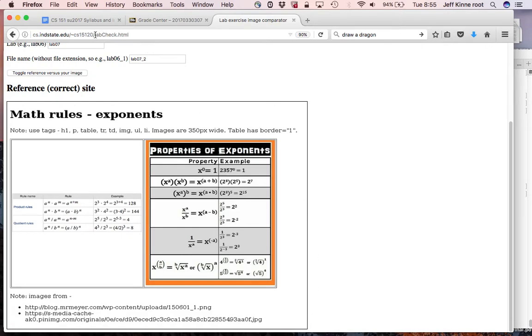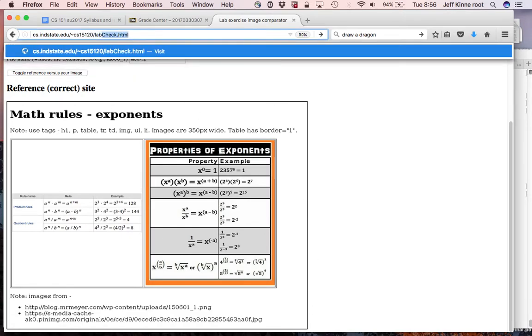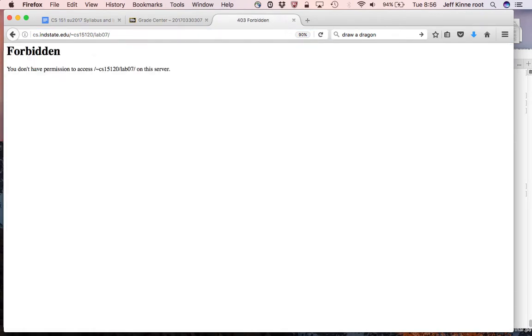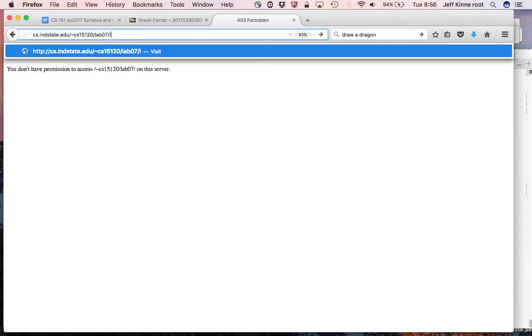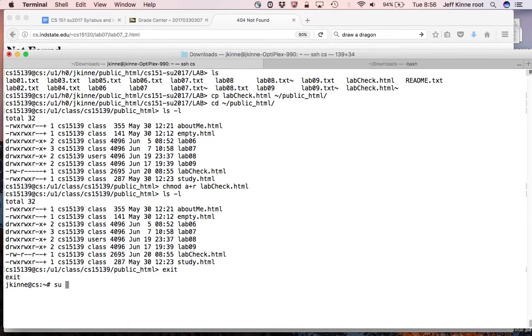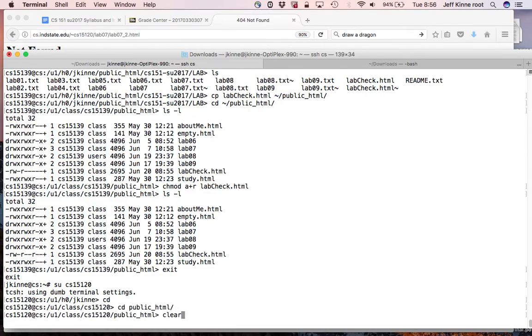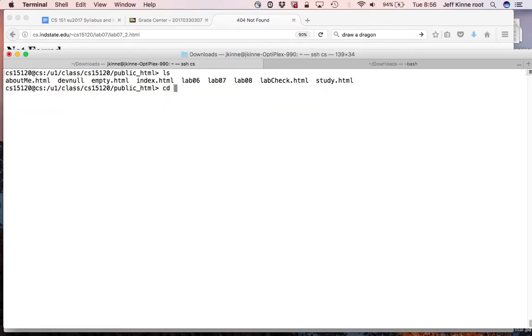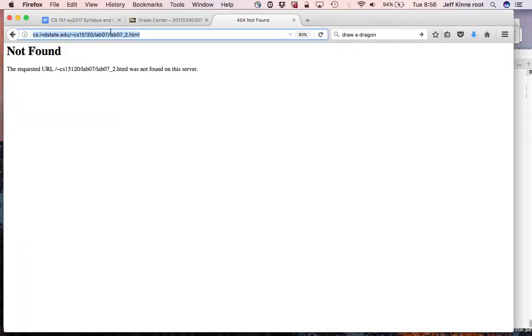You could also go and look at your page. Let's go into that account and see. lab07. Oh, right, this is the one with the directories. So,